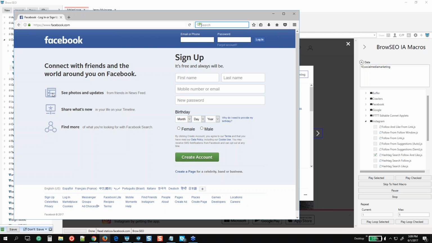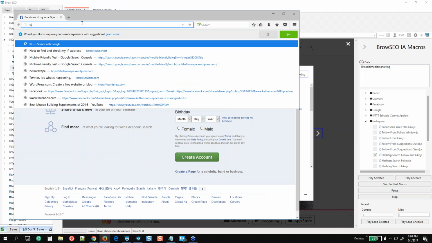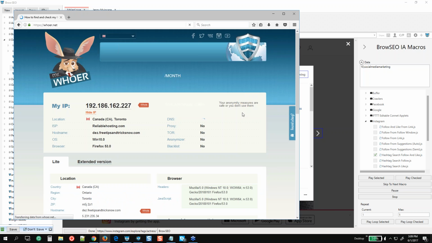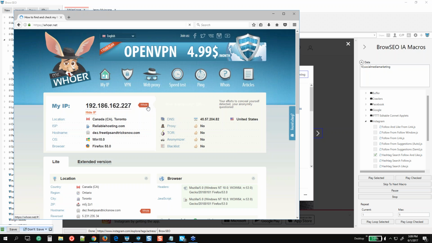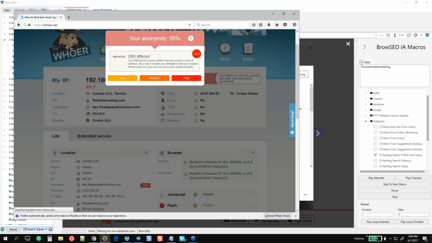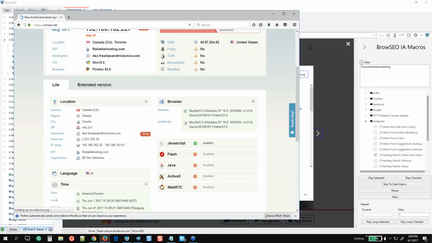Here, let's just go to Whoever and see what it is saying. The system time might be wrong, or 55%. So the IP, what is it? That's a level DNS. So this doesn't like my DNS there.